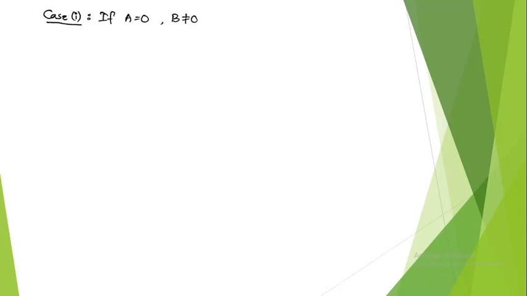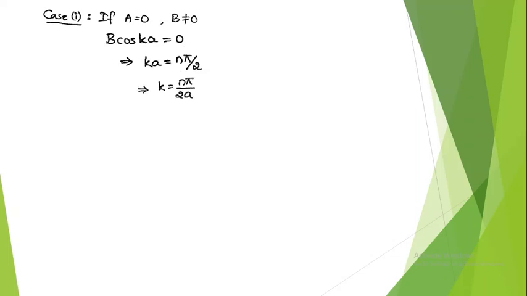So case number 1, here we are considering one term equal to 0 and the other not equal to 0. So if A is equal to 0 and B is not equal to 0, then we have B cos ka is equal to 0. This is just substituting in the solutions of the simultaneous equations. That is, when A is equal to 0, then B cos ka will be equal to 0 from equation number 5, and from this we can say that if B is not equal to 0, cos ka has to be equal to 0. That's why ka will be equal to cos inverse of 0, which is nothing but n pi by 2,